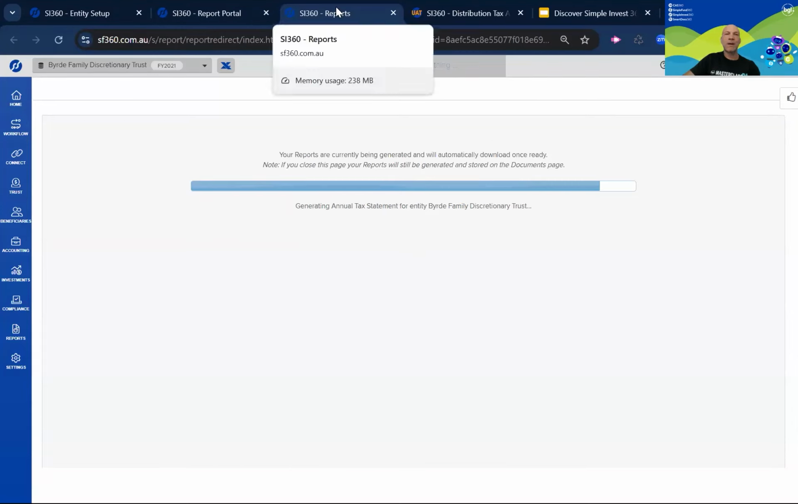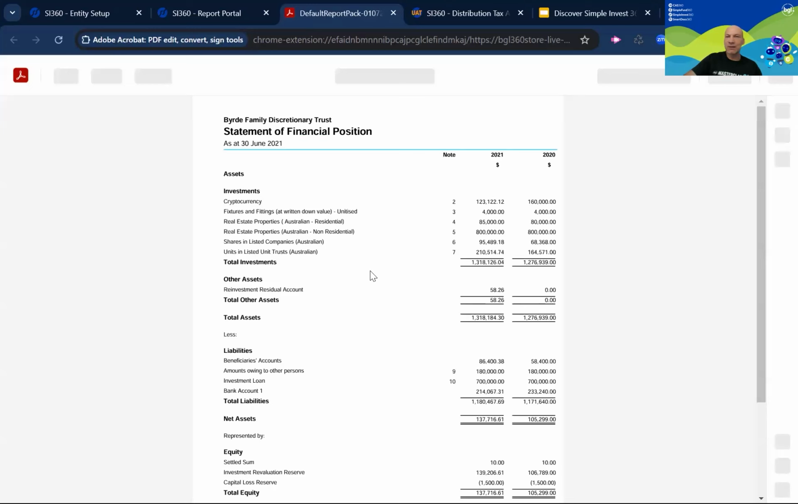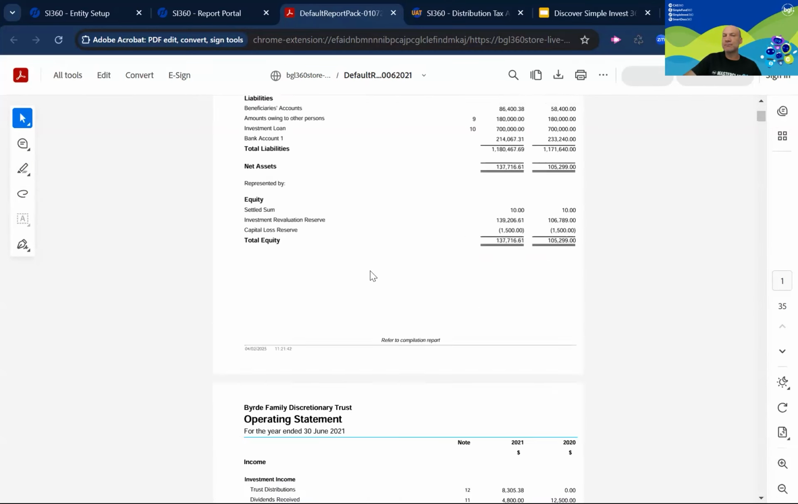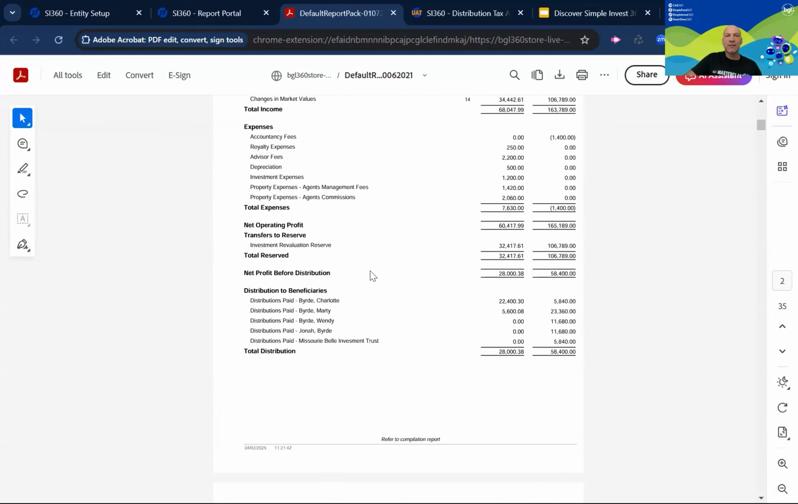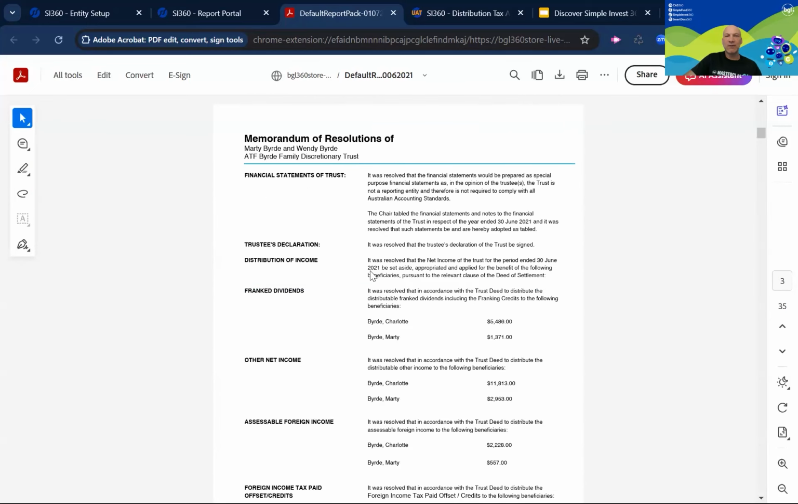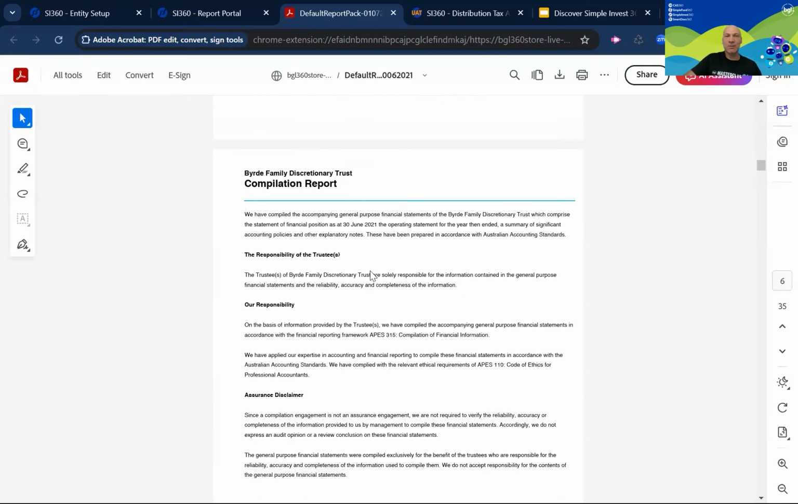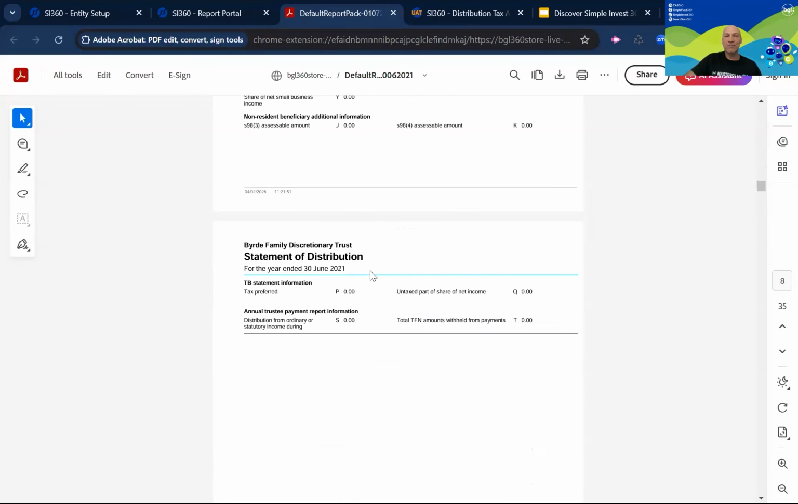So the report pack, of course, you can create your own report packs, have your own templates for the Word documents. So here we have the statement of financial position, the operating statement with those distributions paid, memorandum of resolutions. This is just a Word doc template you can change if you wish. Trustees declaration, compilation report, statement of distribution,